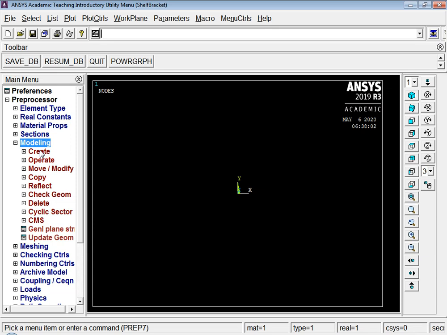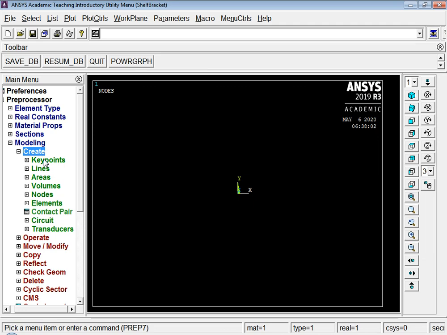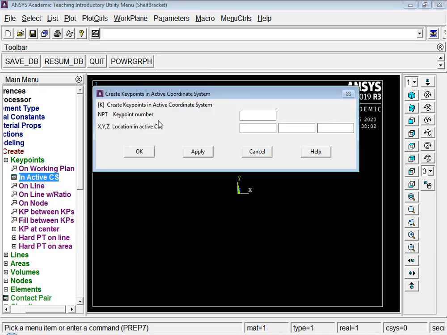So let's get started. We'll follow the same procedure, key points. Now the one thing is, it is okay if we are not giving here the key point number. It sometimes may be tedious to keep track of key point numbers if we have to create so many. So you can leave this field blank. The software keeps the counter and starts key point numbering from 1. So if I don't write anything over here, it is taken as 0 0 0.